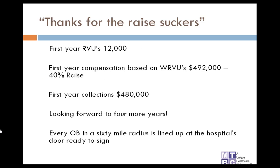What happened was that the doc assisted every OB in the area on every delivery, every GYN procedure, every chance he got. He came in and he assisted. Now, if you're a patient, hey, 2 docs are always better than 1, right? You'd want somebody else in there just in case something goes wrong. It's great to have a second pair of hands. But, again, getting back to the cardiac surgery example, this doc was able to really increase his RVUs